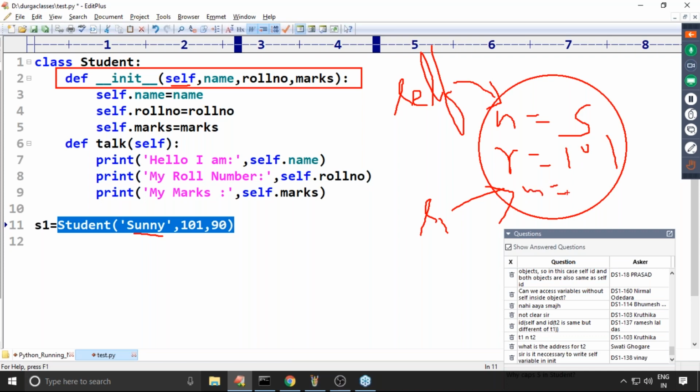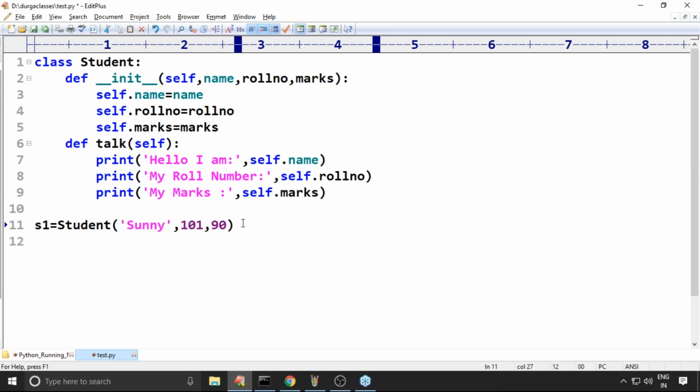Current object marks is equal to 90, like this, right? While executing this code, which is the current object? Current object is S1 related. Now, let me create S2 is equal to, like, Bunny,